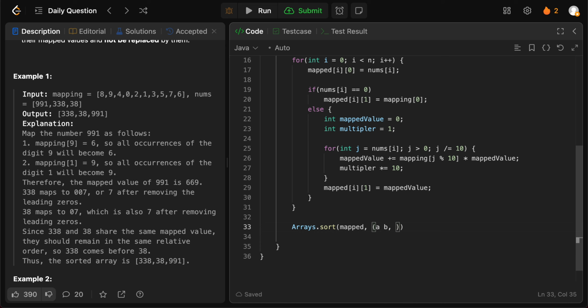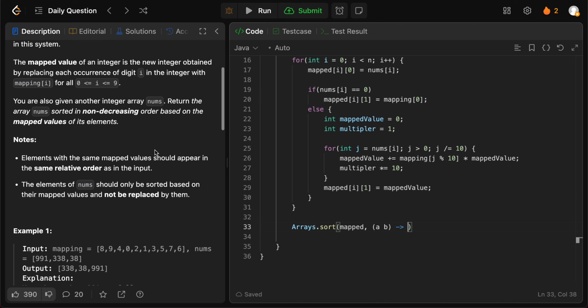Okay. So you need to sort the array mapped, and then you need to take the two values that you need to compare, A and B. And given A and B, the way you'll be sorting them is you need to return them in non-decreasing order. So basically you need to Integer.compare, and you're providing the two integers. But since it's a 2D array, A and B here represent one cell, which is mapped of I of 0, mapped of I of 1. So here you'll be comparing a of 1 with b of 1,